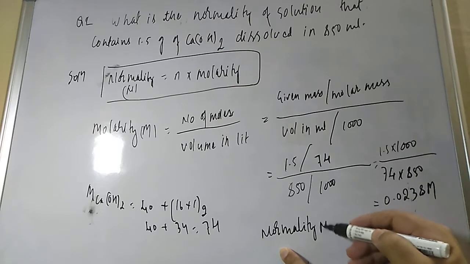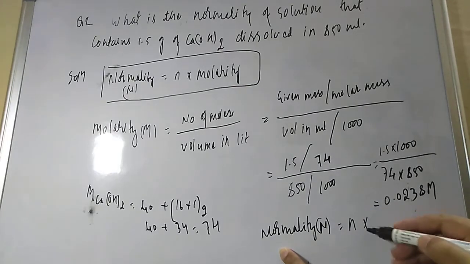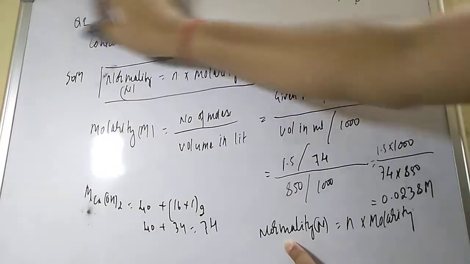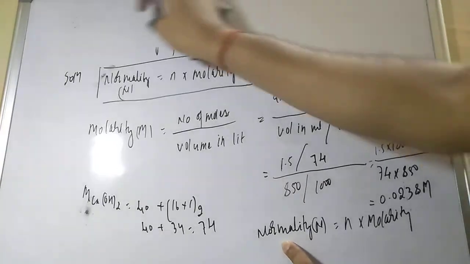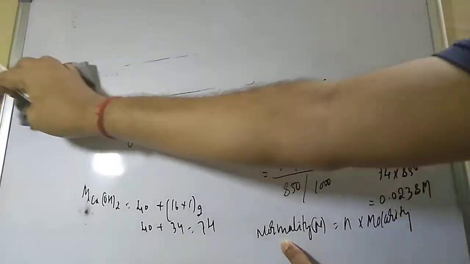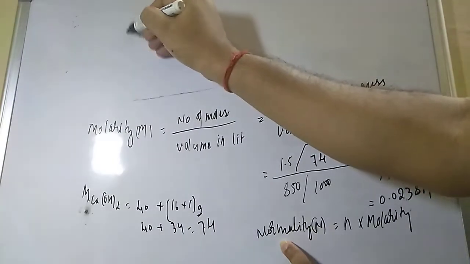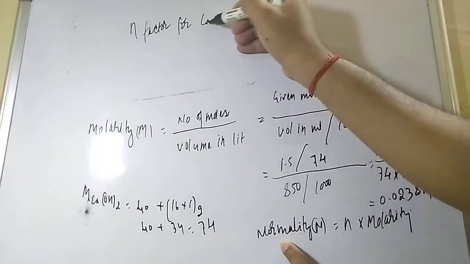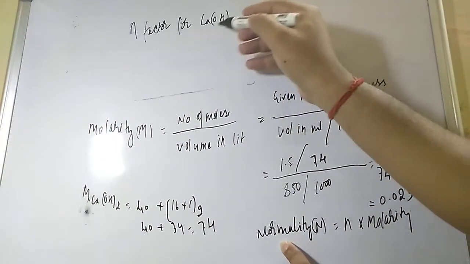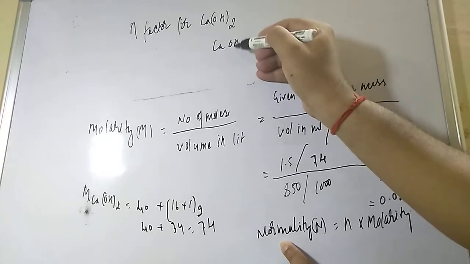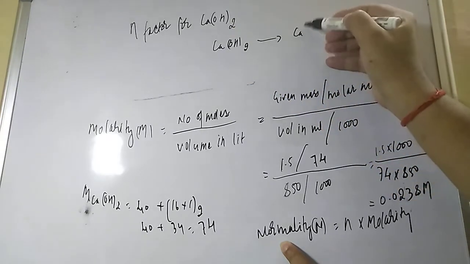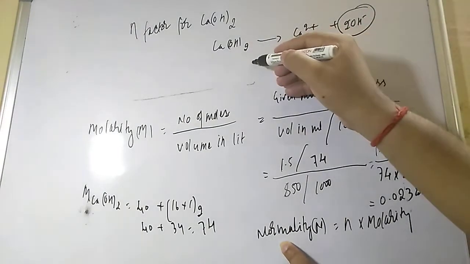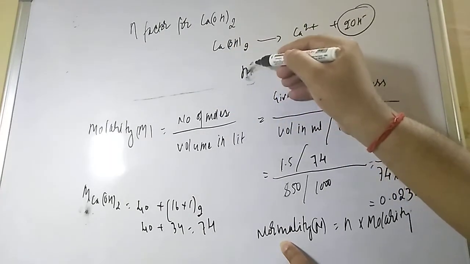Normality, capital N, is equal to what, student? Small n into molarity. Now dear student, for the normality, how to calculate the n factor? For calcium hydroxide, how many will it give? If you ionize calcium hydroxide, it will give Ca2+ plus 2OH minus. So the n factor is equal to